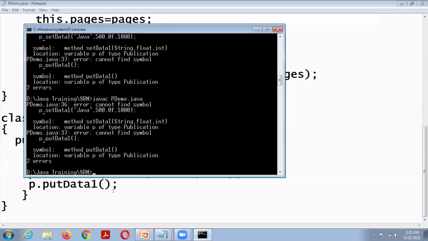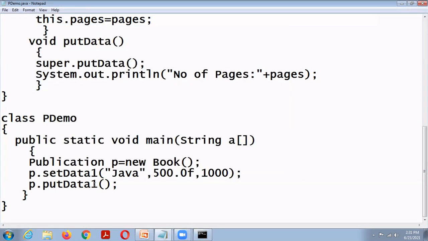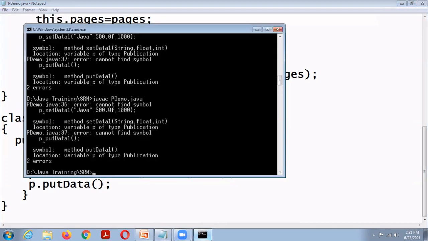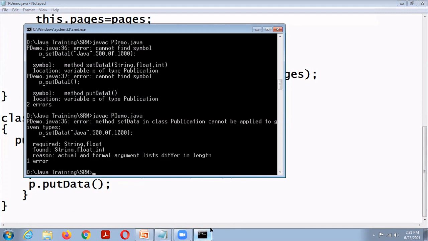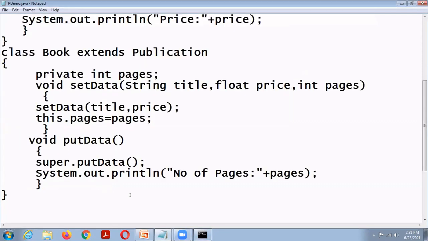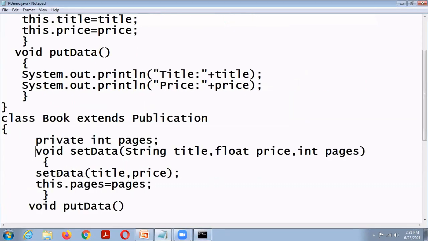Put data. So here putData, here setData. Only one error: class publication cannot be applied to the setData, because here the setData is not defined.